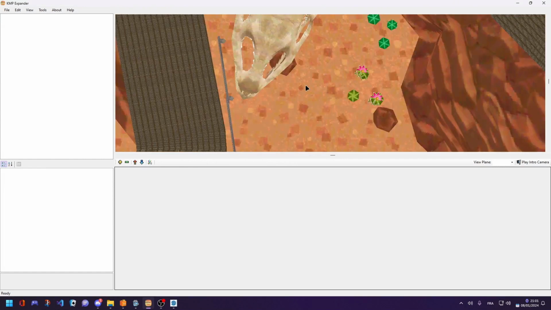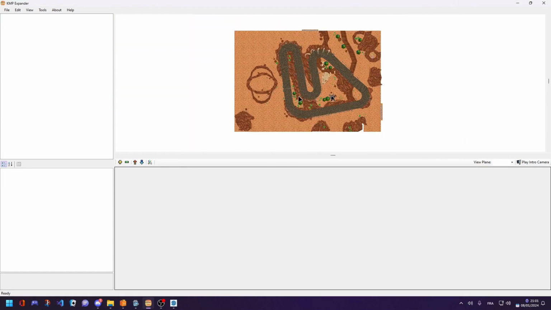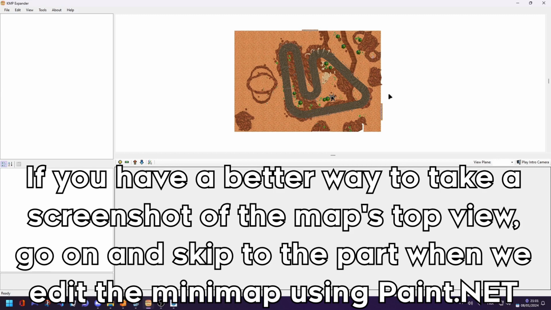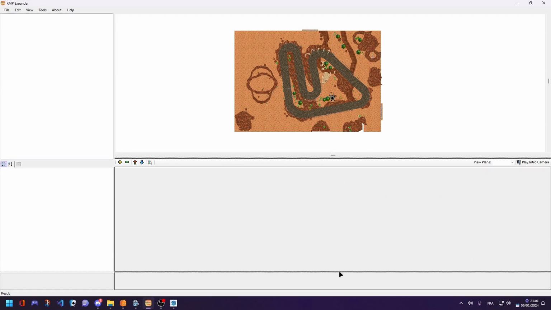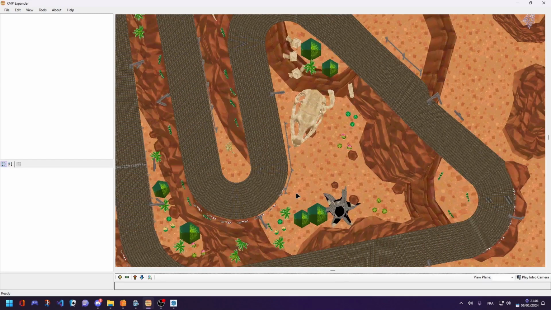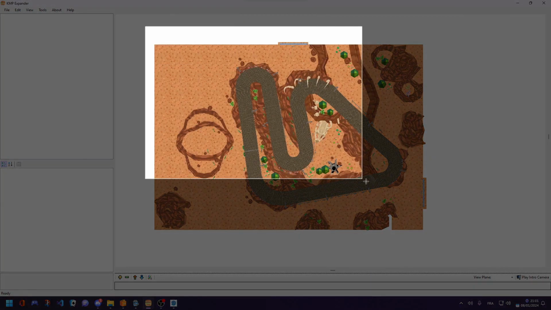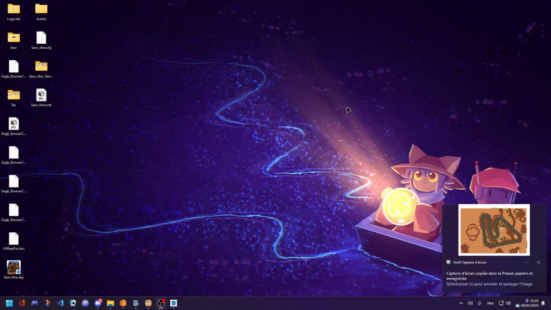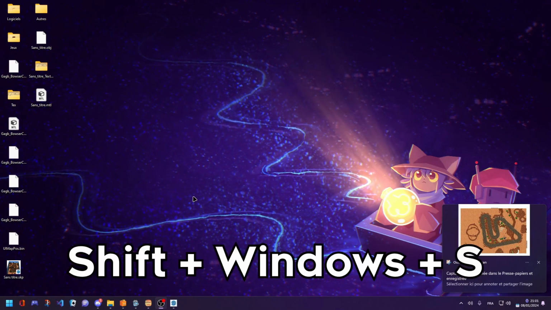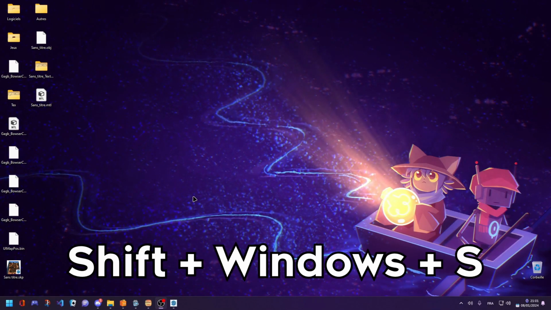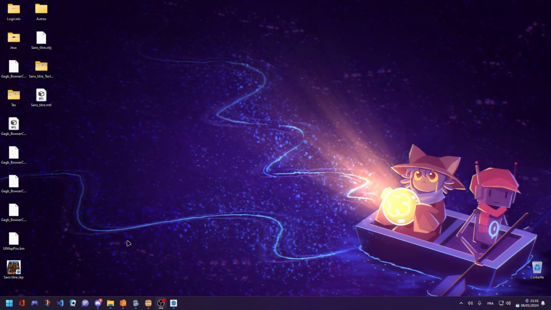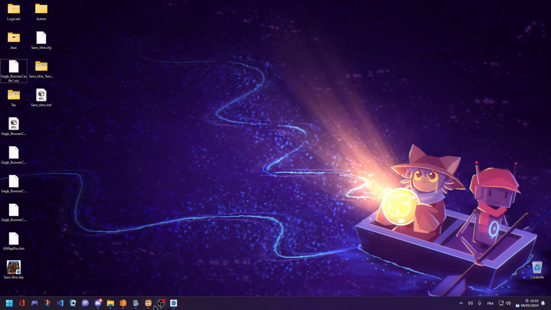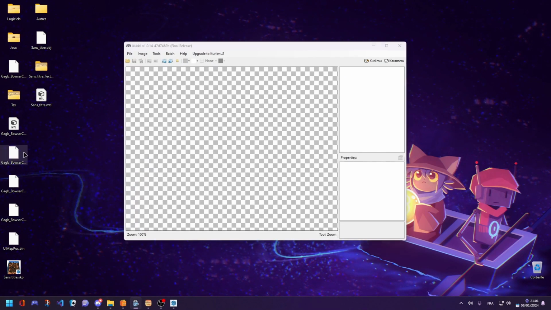Then close this window, and here is the map. So we will need to take a screenshot of the map. So I will expand this and take a screenshot of it. I'm using Shift, Windows, and the S key together to take a screenshot of an area of my window. Then using Kukki, I'm gonna select